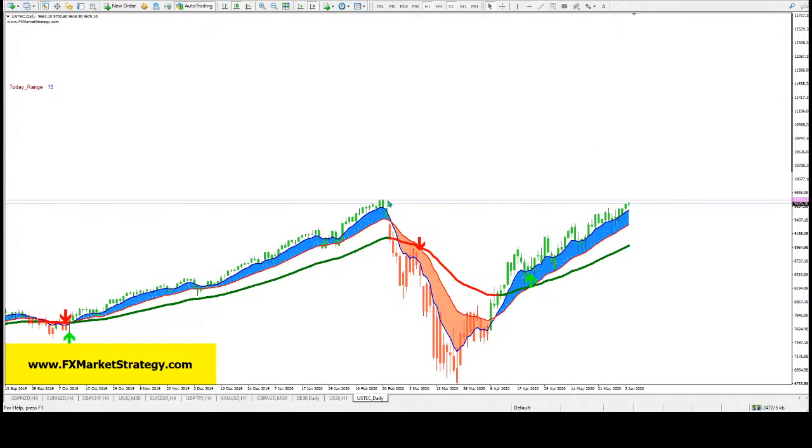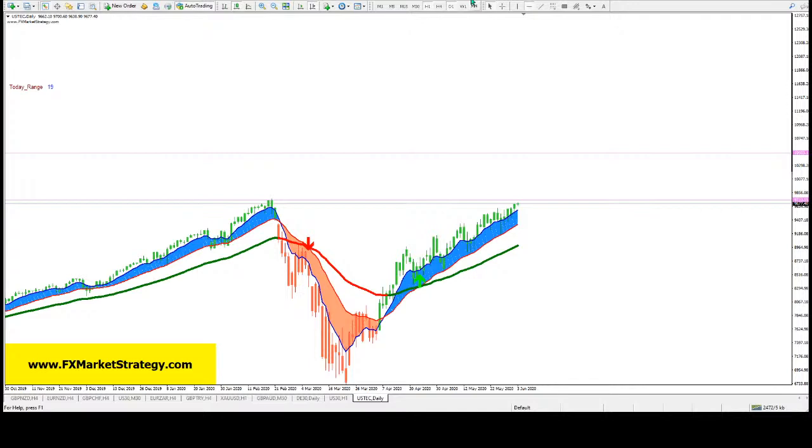So it did reach this level, so it's going to break it and move to round numbers. The first step is going to break this 9,000, it's going to reach the 10,000, it's going to reach the 10,500, maybe a small correction at that time. Then it's going to jump to probably 12,400 or 11,400, the next step. This is a psychological number, guys. This is how the market works, with psychological numbers. So this is target number 1 in the NAS